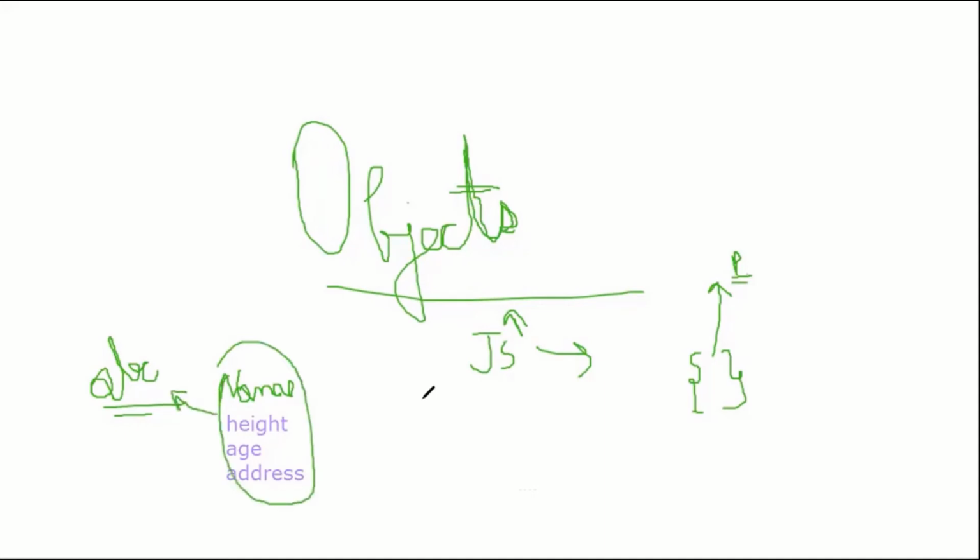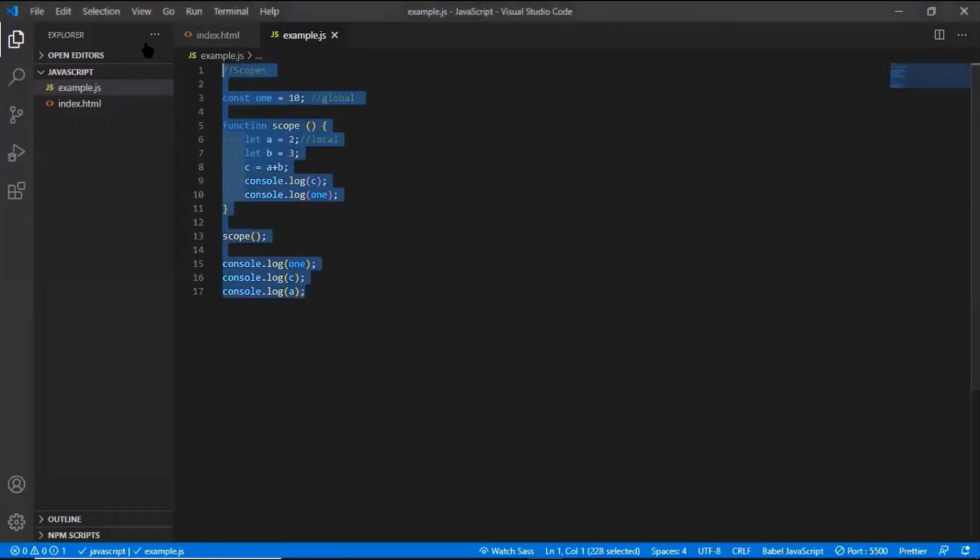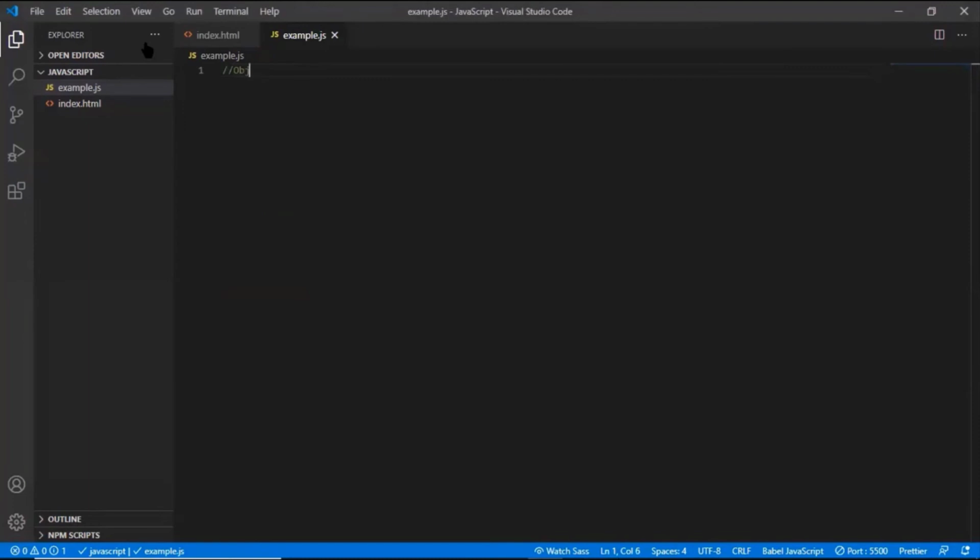What it will be useful for is that it will help us make a single memory location, or you can say a single location, for a particular variable. We will discuss this with the help of examples also. We can either make it directly or create it with new. Let me show you my code editor to explain even better. Just delete this, and we'll talk about objects. So the direct way is